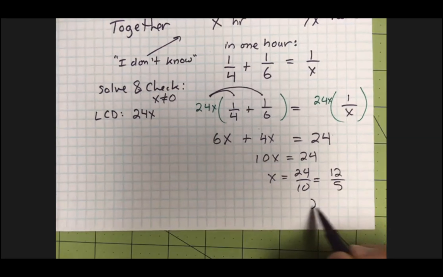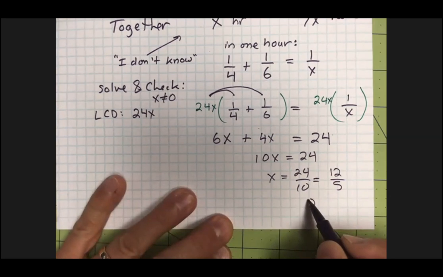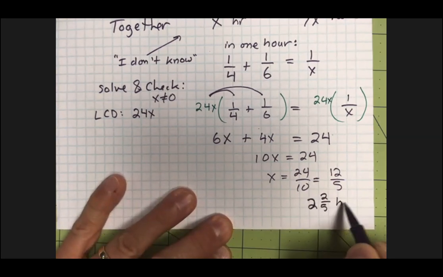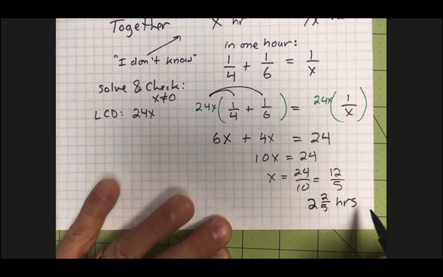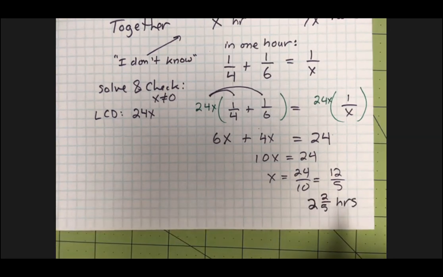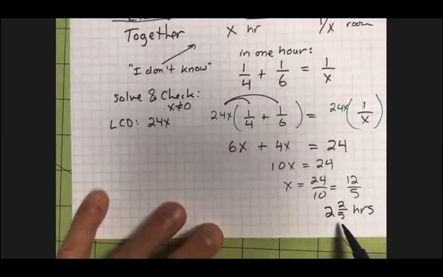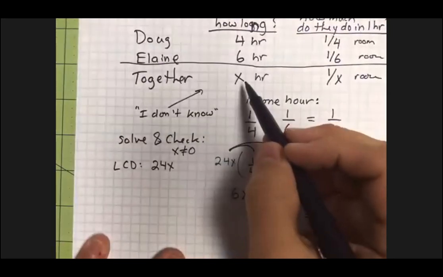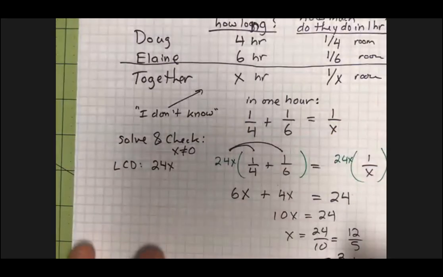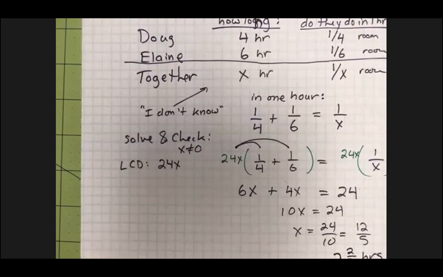Or you could say 2 2/5 hours. Sure, you could, because that's the number of hours it's going to take them together. I feel good about that because notice how they got faster. That's what I hoped, they would get faster. 2 2/5 hours. I guess I don't mind if you say 12/5 hours or 2 2/5 hours, but I just